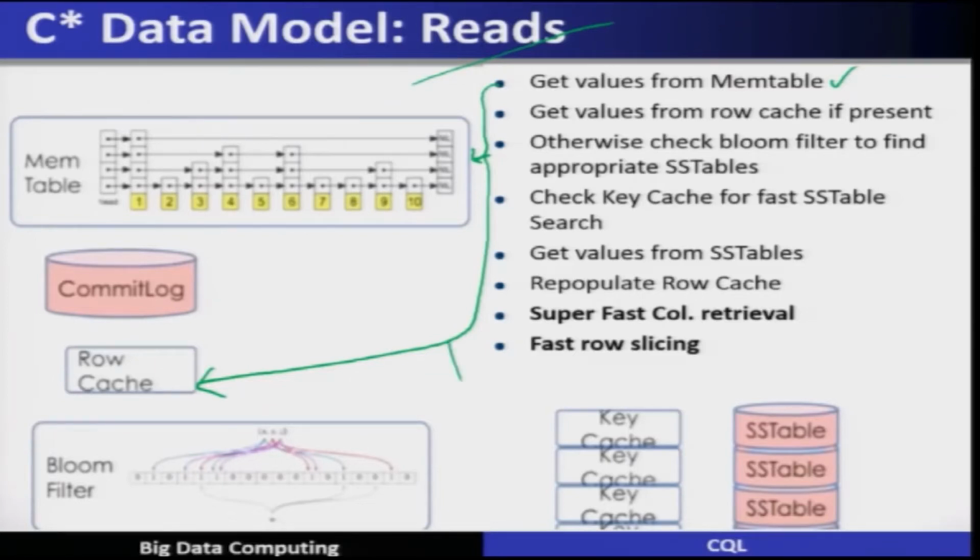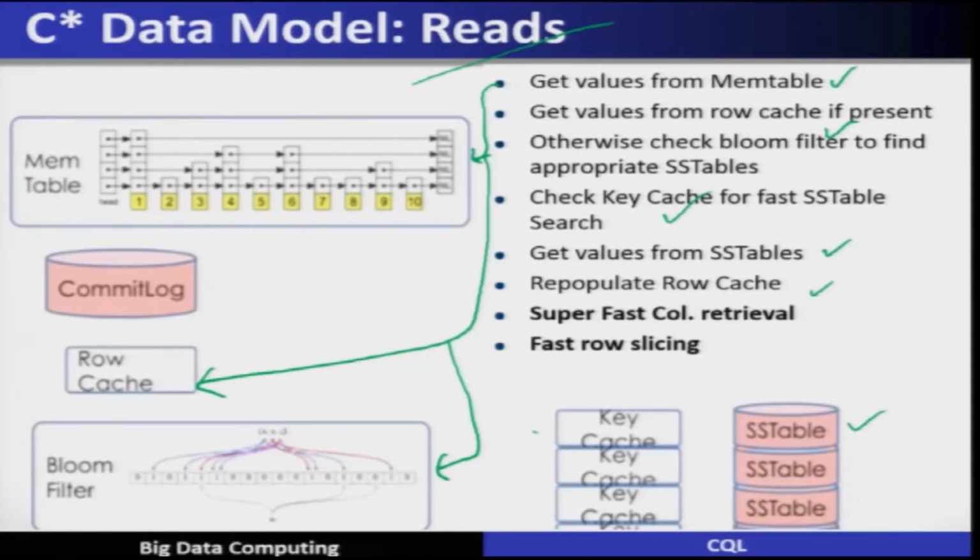For that, it goes and checks the Bloom filter. Bloom filter is also a very fast way of indexing, or basically searching, to find whether the data resides in which SS table. So, checking the Bloom filter is to find the appropriate SS table. After that, it will go and check the key cache for the fast SS table search, get the values from the SS table, and then repopulate the row cache. This is super fast